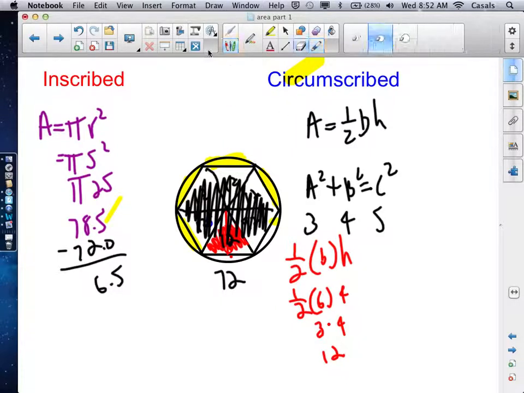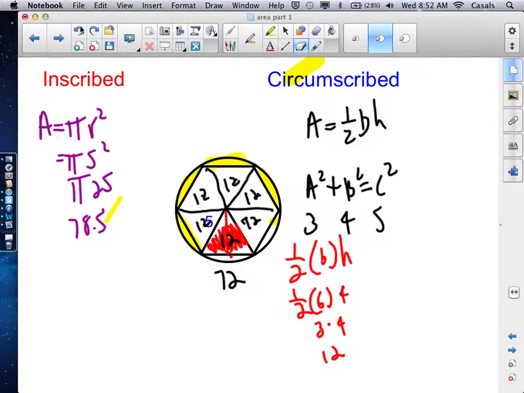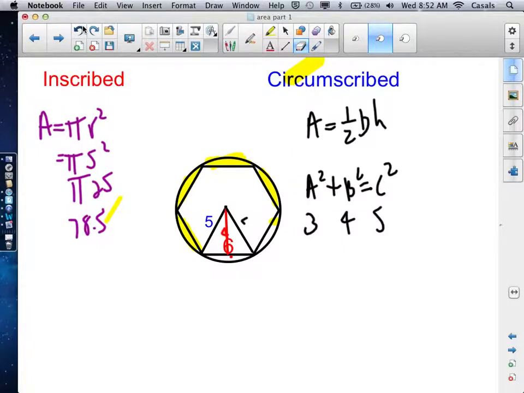Okay? So let's recap. How do I find the area of a hexagon? Well, the first thing I got to do is create a triangle, create an apothem, and use the Pythagorean Theorem to find the height. Once I find the height with the Pythagorean Theorem, then find the area and multiply that area times all of the triangles